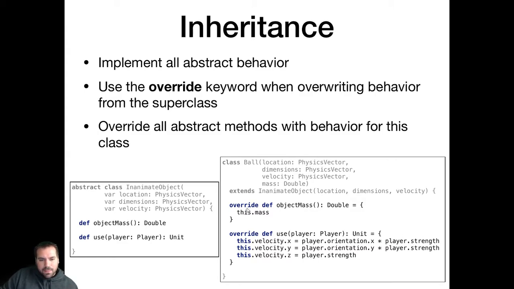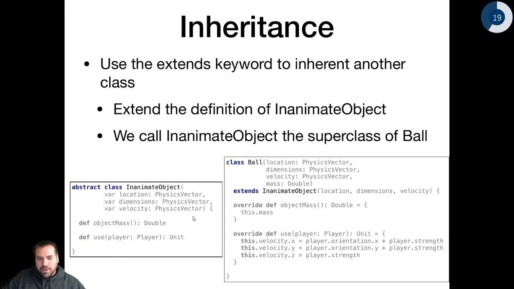because override is going to tell the compiler, hey, I'm overriding a method that I inherited. So if you have a typo somewhere in this method, if you have this called object mass with one S, for example, and you have the override keyword, the compiler is going to say, hey, you told me you're overriding something, but I didn't find anything over here that matches. I don't know what you're overriding. It's going to give you an error and let you know that you have a typo. If you don't have override